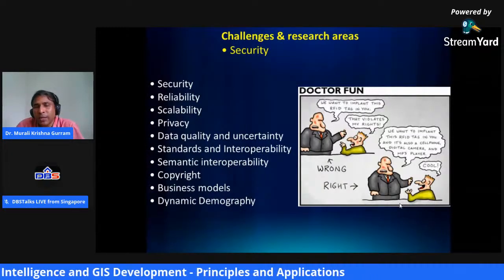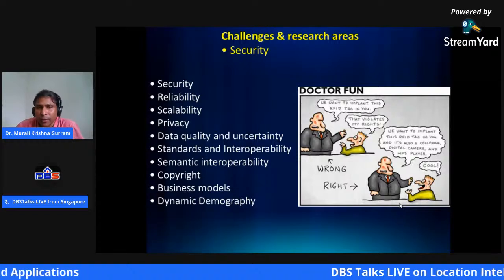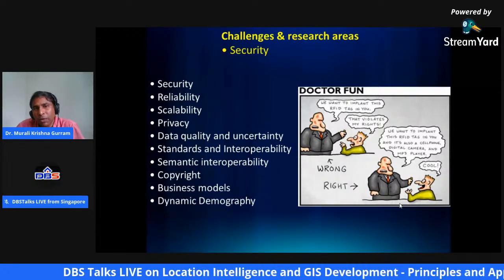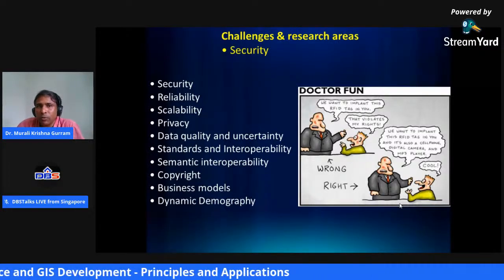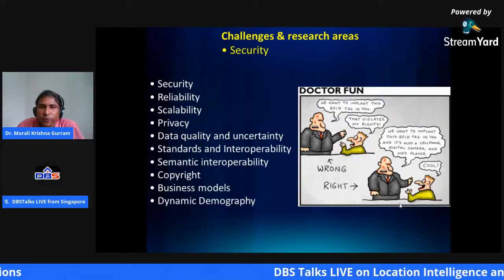But still there is a big concern about the data quality, and a big uncertainty about that data. As I told you, reliability of the data, and the uncertainty is about how far you'll be in a position to use it for the important decision making process. That's a big question.